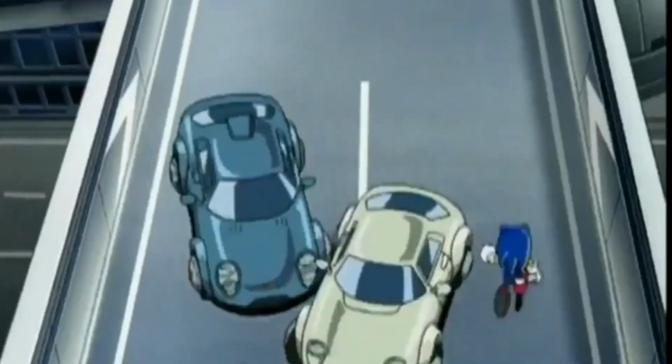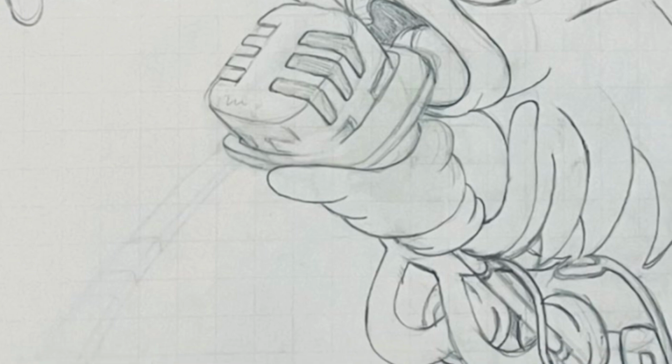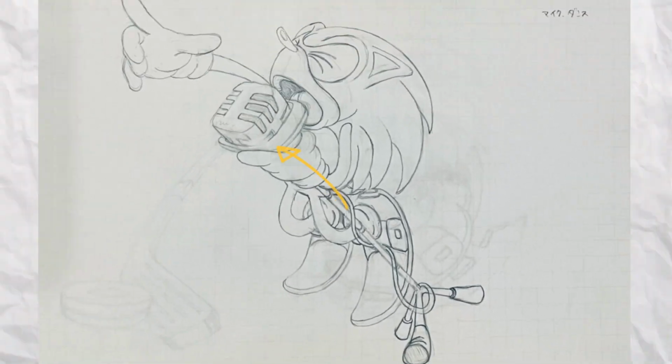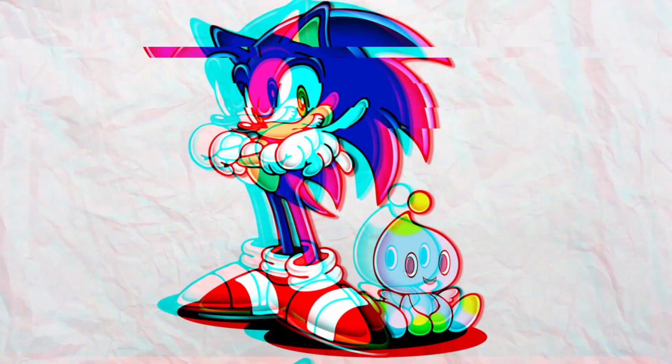So, Sonic's style started to evolve due to two men, Satoshi Okano and Yuji Yukawa. They started to implement more dynamic poses, with large and pronounced hands and feet, showcasing strong lines of action and arcs. All of this and the newly released Sonic Adventure had the character slimmed down to look cooler and more